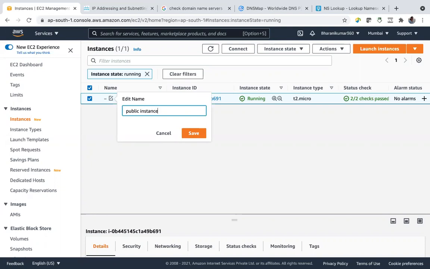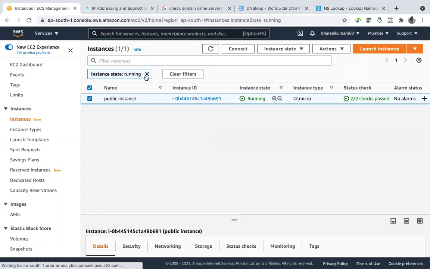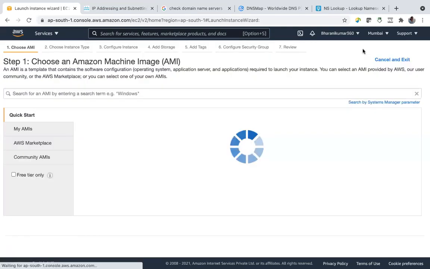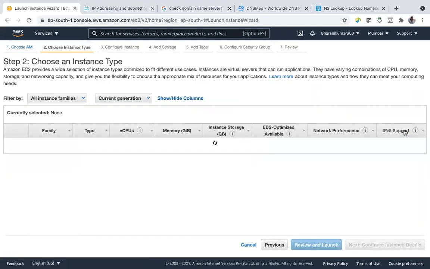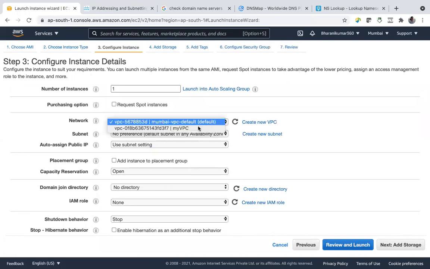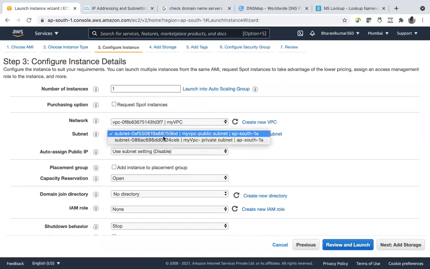Let's say public instance. It has a public IP address. And launch one more instance in my VPC and in the private subnet.